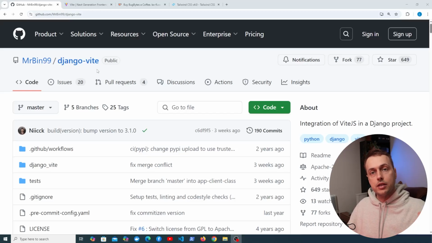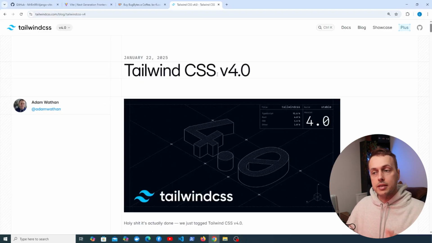In this video, we're going to look at the django-vite package, which can help integrate vite.js into your Django projects. This package can help with working with Vite assets inside the Django project, and specifically we're going to look at TailwindCSS version 4.0. Now you can see that this was released fairly recently, a couple of months ago at the time of recording. We're going to set up django-vite to handle the process of bundling Tailwind version 4 along